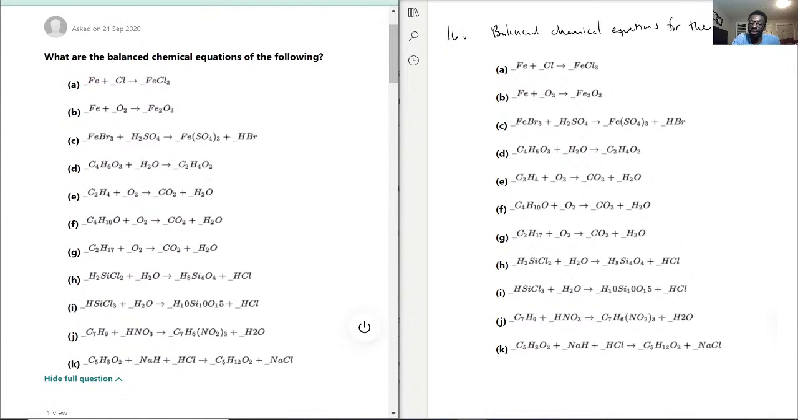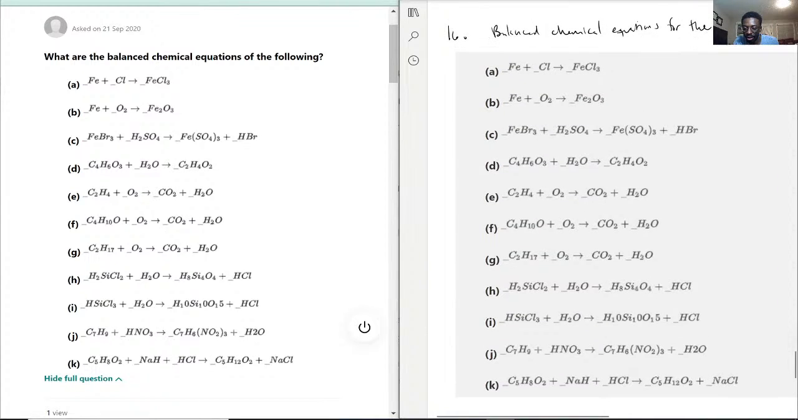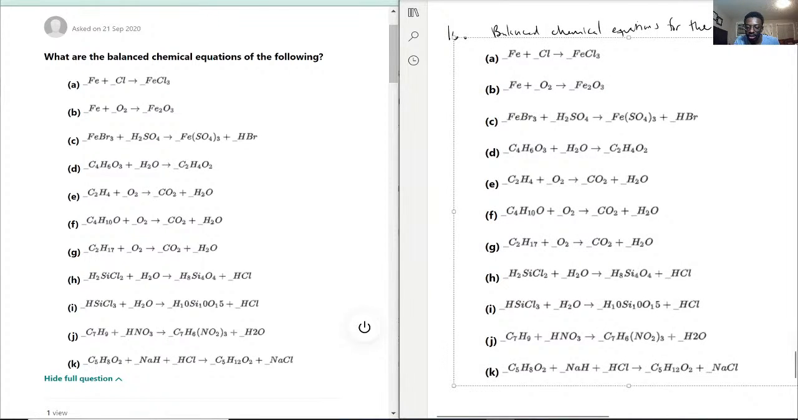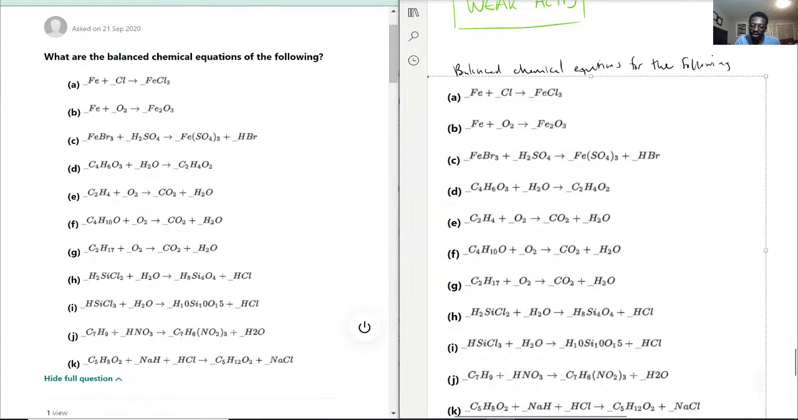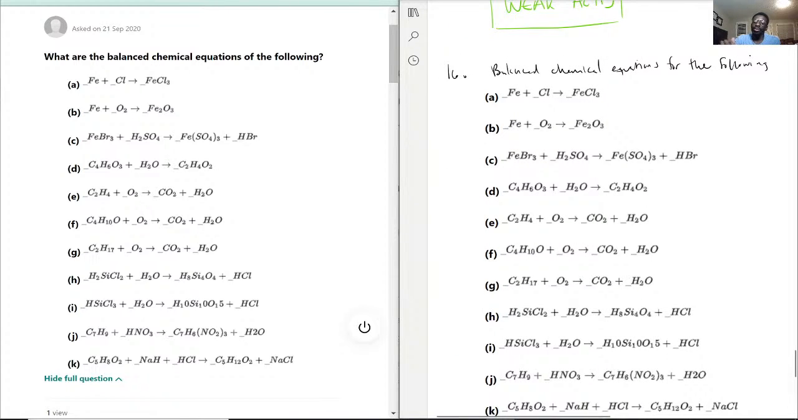Okay, so we now have it nicely written down for us, and we're allowed to just go ahead and balance this. So the way we answer these questions is we want to make sure that the amount of elements or properties in one side equals the amount of properties in the other side. So with that being said,